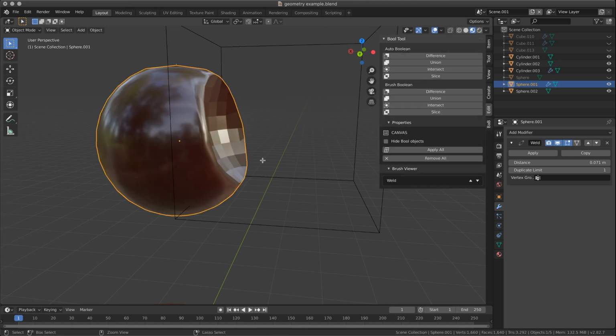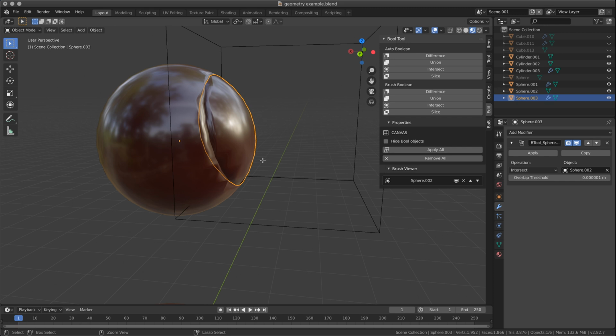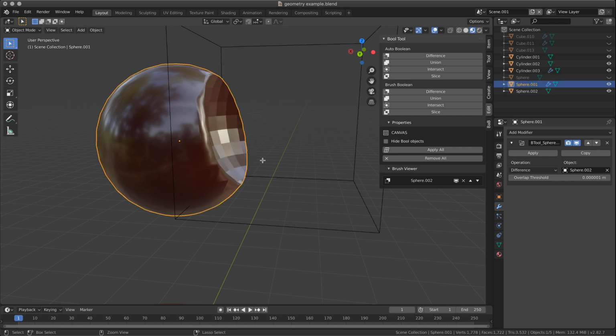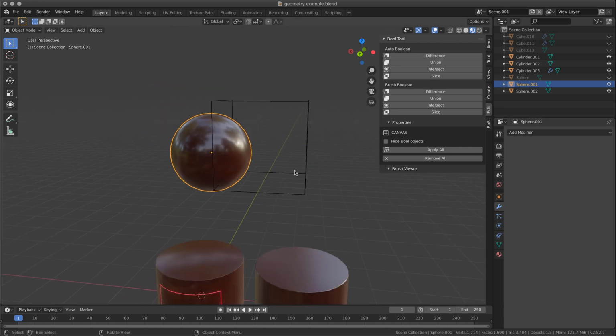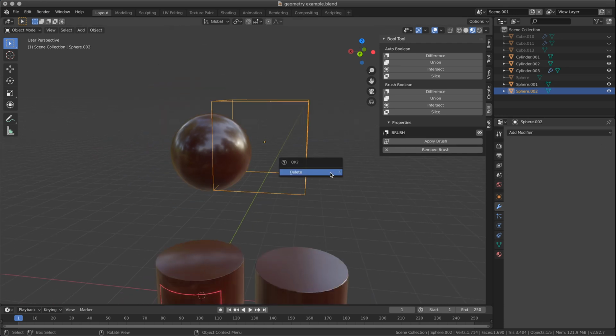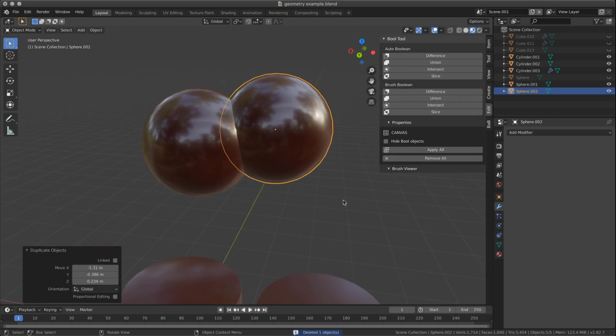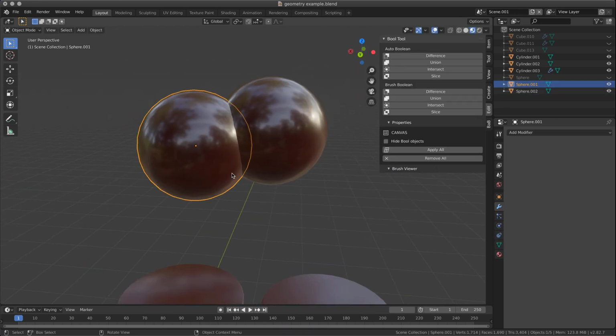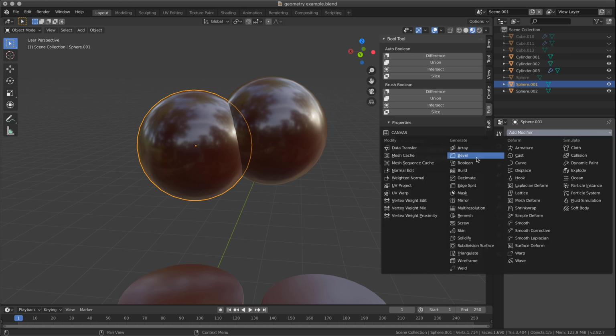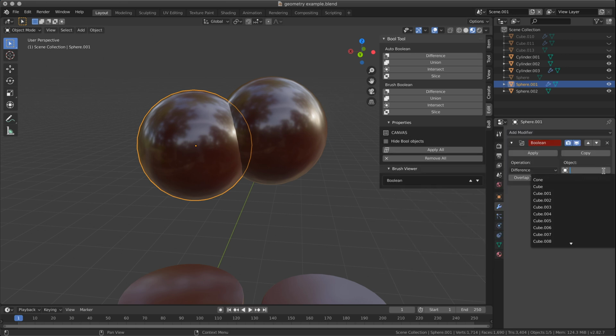So I will go back and I'll show you what I would do instead. We have this sphere. Let's create the second sphere. Select the first one, boolean, select the second one, select this second one,